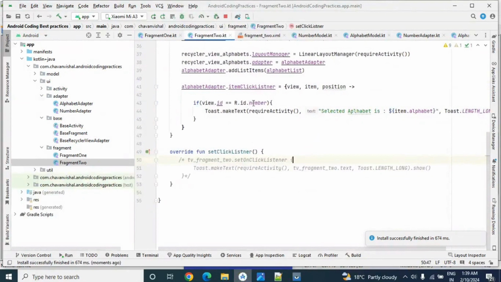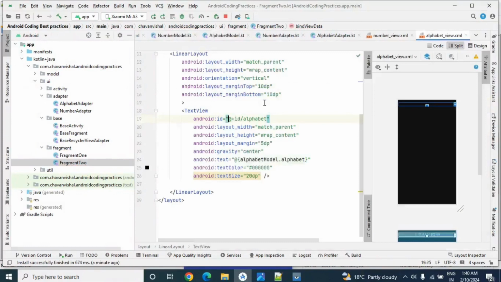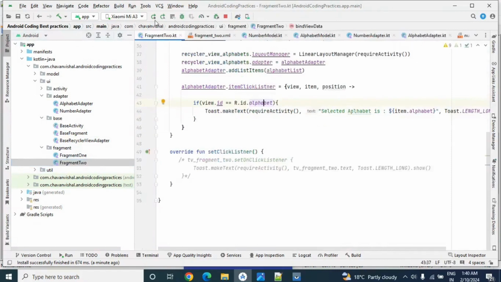In fragment 2, the condition is if view ID is number. Now here we need to replace the view ID with alphabet. So on click of it, we are matching if your view is the alphabet text view, see this is our alphabet text view, then print that alphabet. So now again let's run the application.